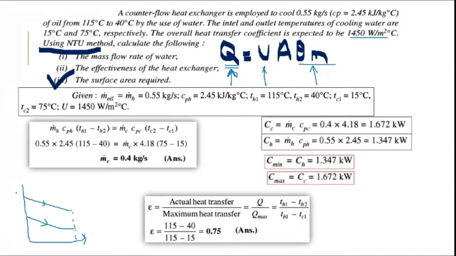Okay. So TH1 value is equal to 115. TH2 value is 40. Similarly, cold water is entering from this side. Here it is 15, and here it is 75. We can draw a diagram like this. We can find out theta 1 value, which is 40 degrees Celsius. We can find out theta 2 value, which is 25 degrees Celsius. So since theta 1 and theta 2 are known, can we find out the logarithmic mean temperature difference? Yes or no? Can we find out theta M for this case?